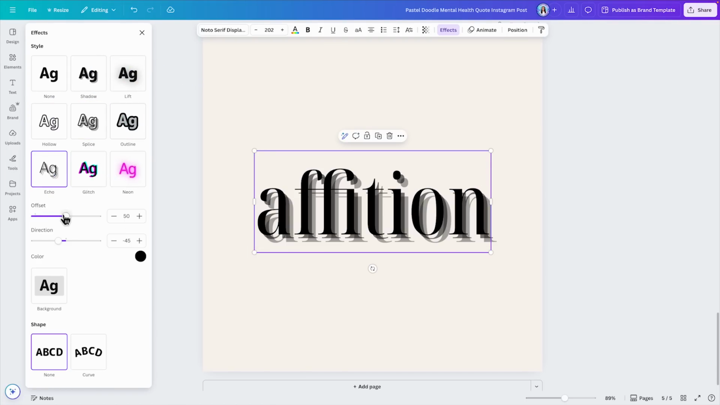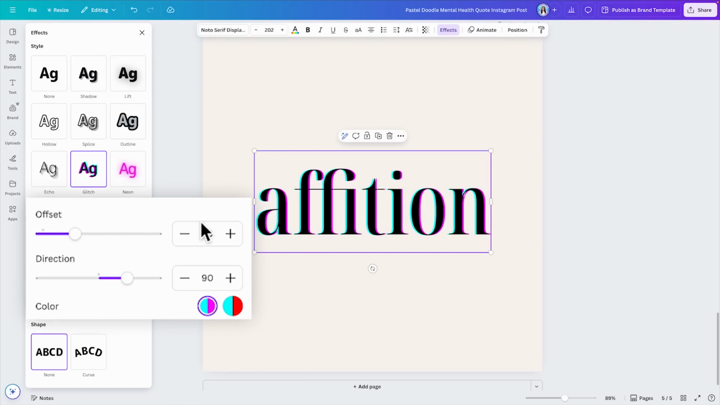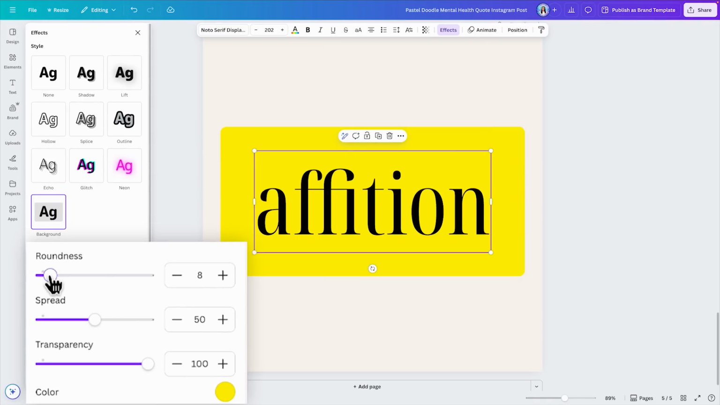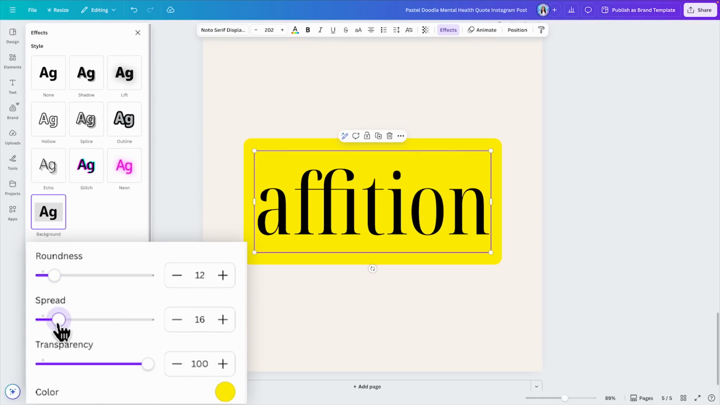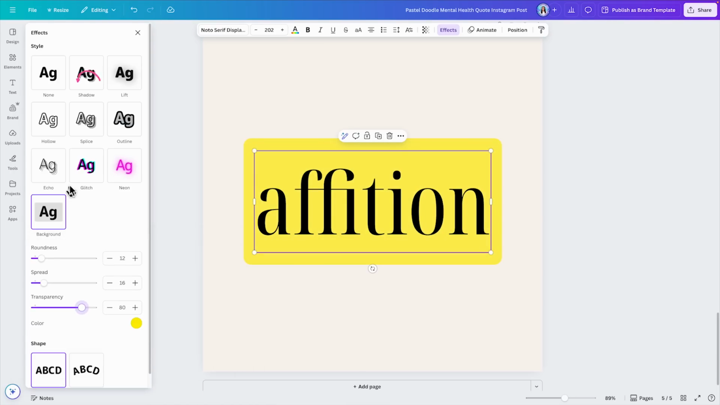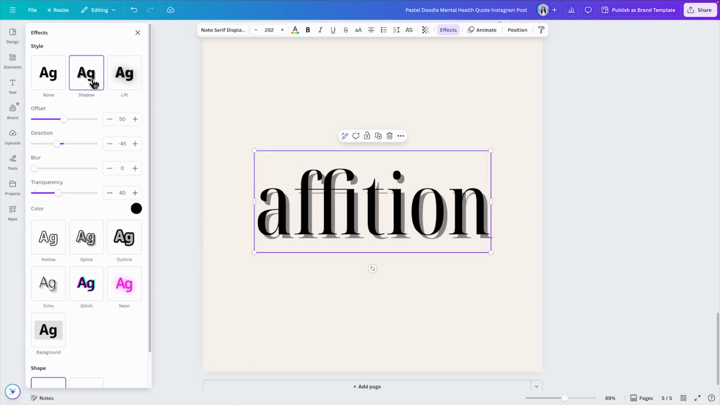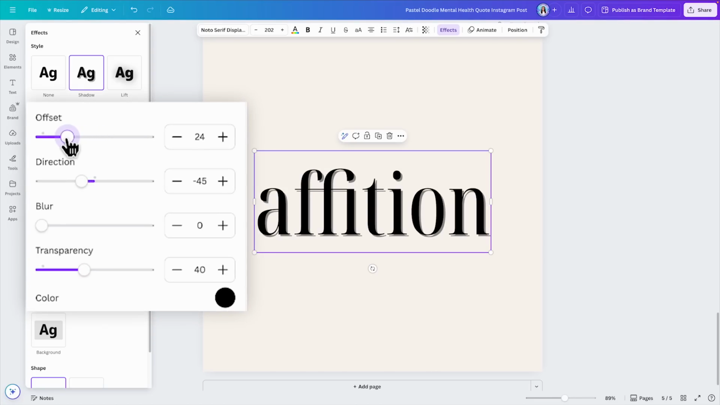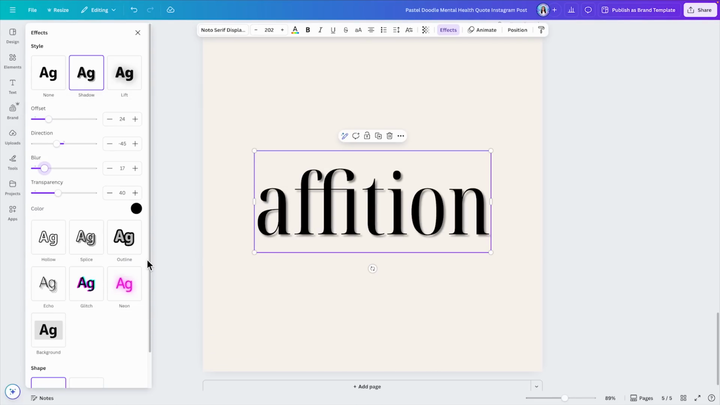And every time that you click on any of these effects, you will see some settings that will allow you to further customize this effect. So let me show you here. If you want, you can adjust the roundness or the spread, transparency of the background, and even the color. Now let me change this effect for this one. I'm gonna change a little bit the offset, the blur,